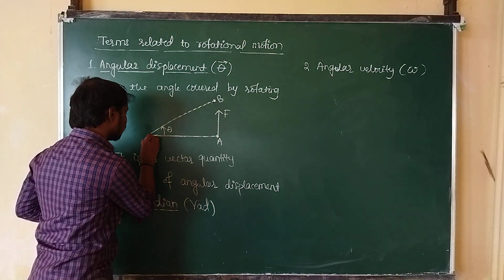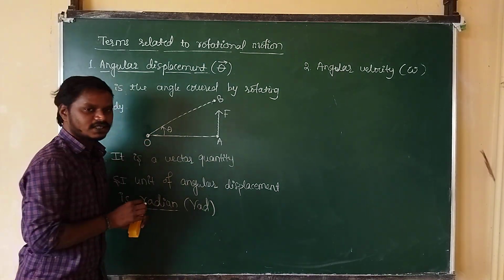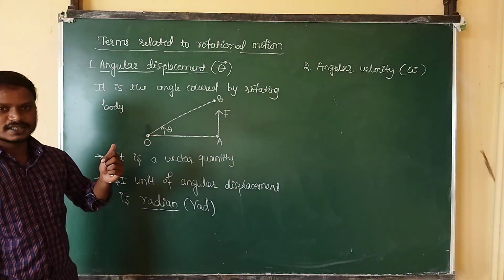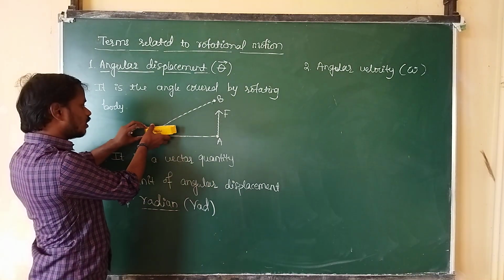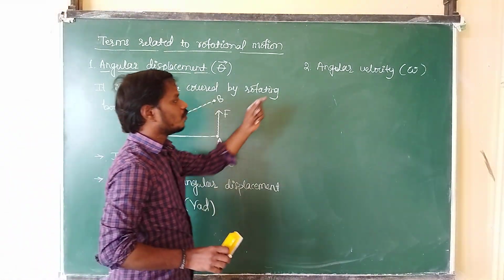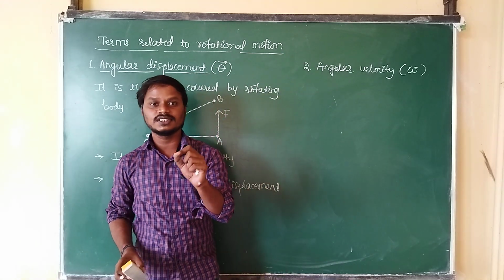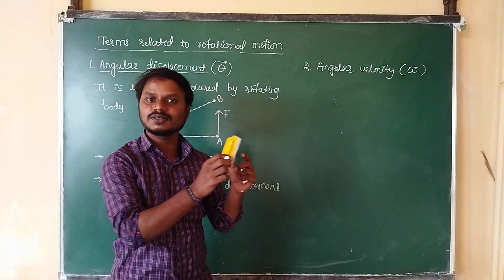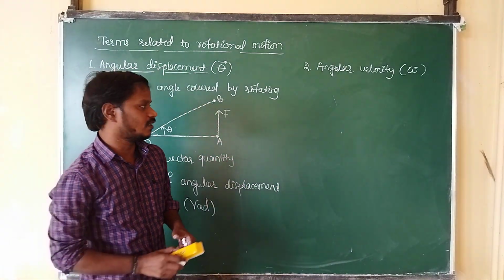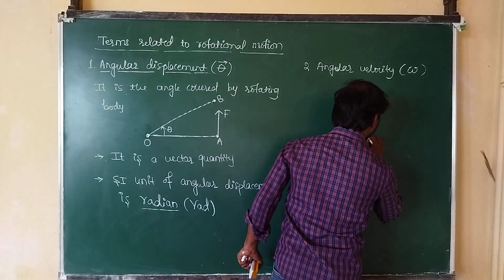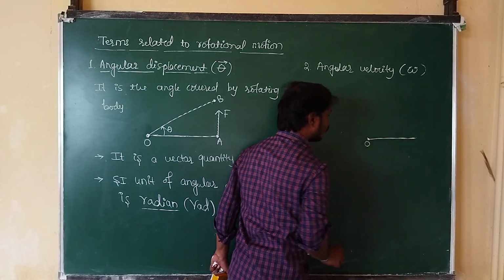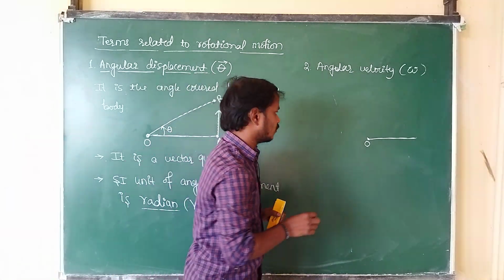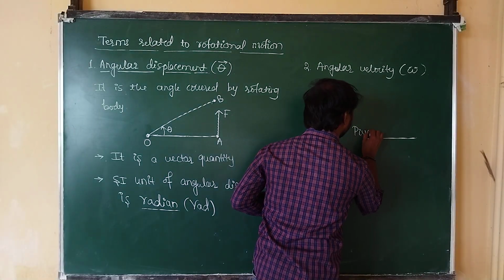See here. Now this is a fixed point. This fixed point can be taken as O. Through this fixed point an axis passes. That axis is called the axis of rotation. About this axis the body is rotating. Now what do you mean by angular velocity? The rate of change of angular displacement, meaning the change in angular displacement with respect to time, is called angular velocity. See here. This fixed point is taken as O, and it is named the pivot.